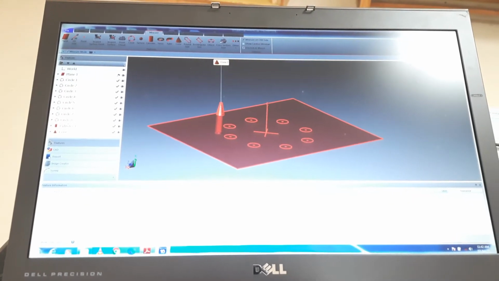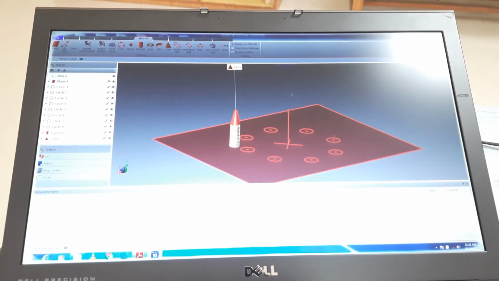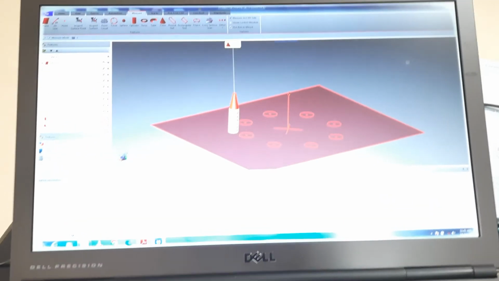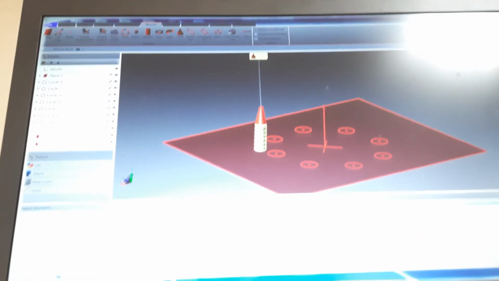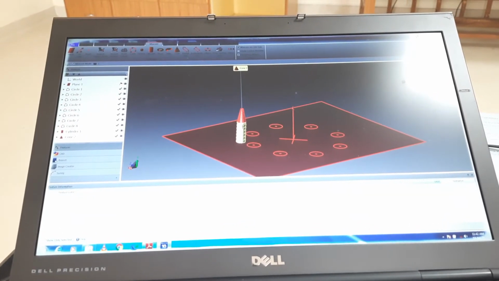Here you can see the cone and cylinder. I will repeat the same process for measuring the cone and cylinder on the opposite side of the first object.